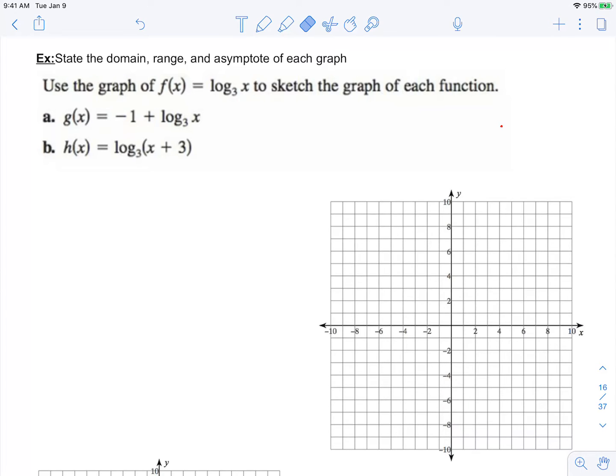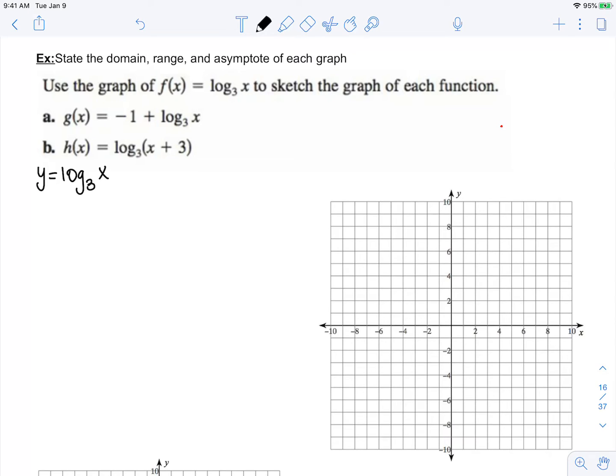Here we're going to use the graph of f of x equals log base 3 of x to sketch the graph of each function. I want you to make sure to state the domain, range, and asymptote of each graph. So the first thing I'm going to do is focus in on f of x, which is y equals log